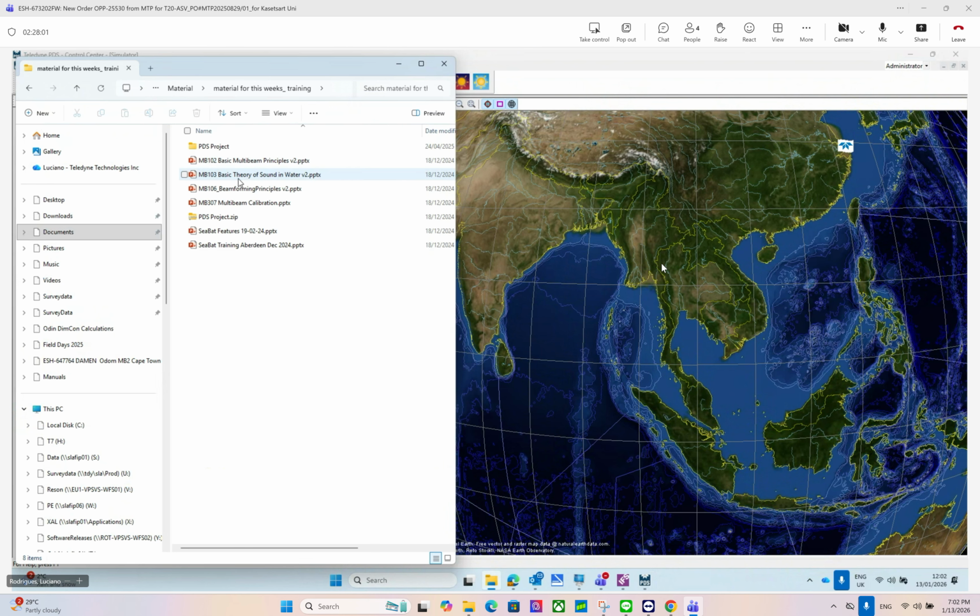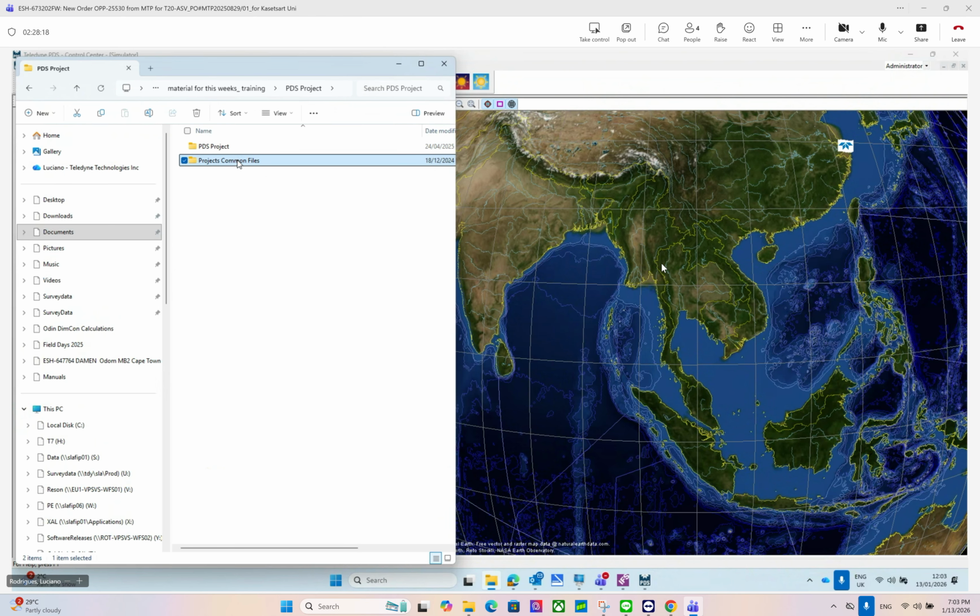Usually what you create is a folder called PDS Projects, and under that will be a folder called PDS Projects Common Files. And in the common files, this one's empty at the moment, there's nothing in there, but